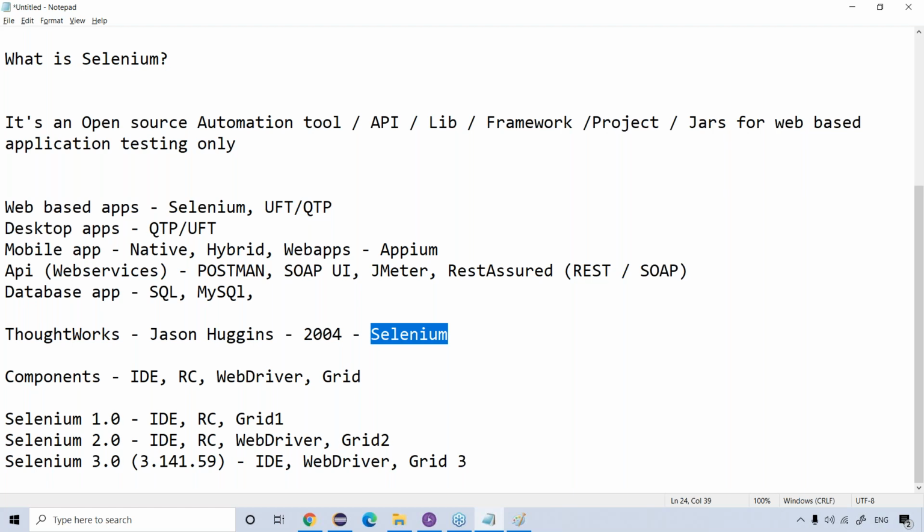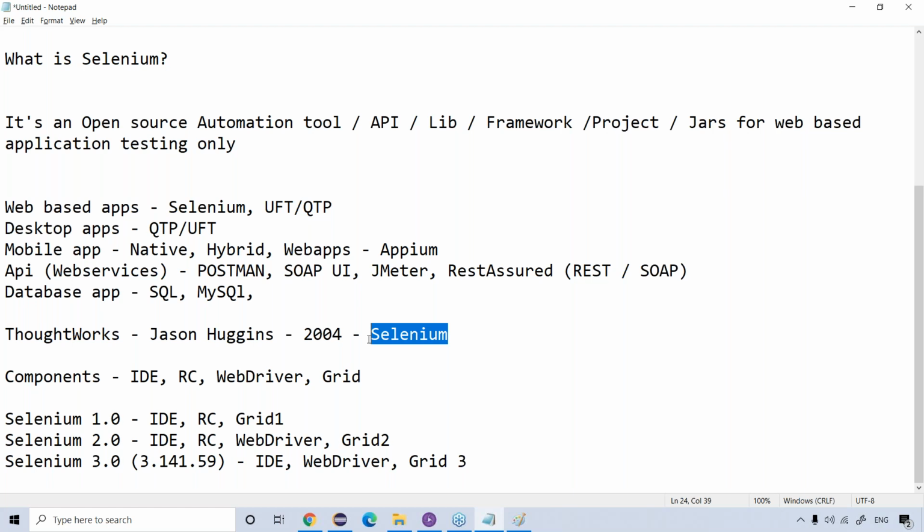Now, why only Selenium? There's a history behind this as well. As we all know, the biggest competitor of Selenium in 2004 as well was QTP. The market was very strong in those days, right? And they created an automation tool parallel to QTP which can do almost the same operations, and they gave that automation tool the name Selenium. Now, why only Selenium? This is because if we talk about QTP,